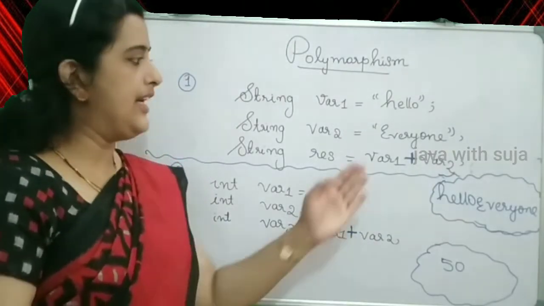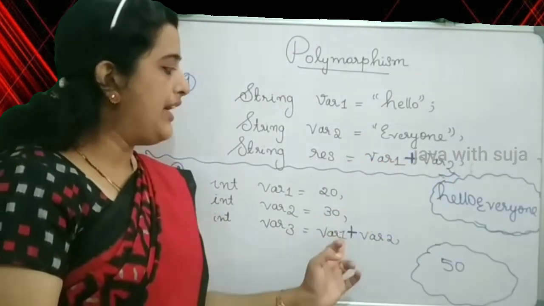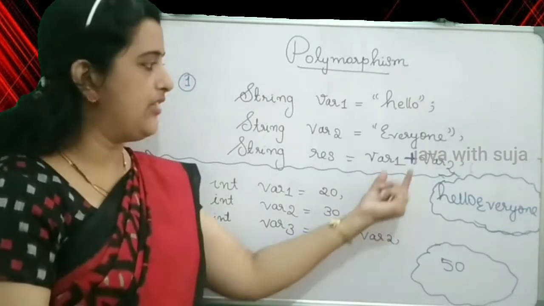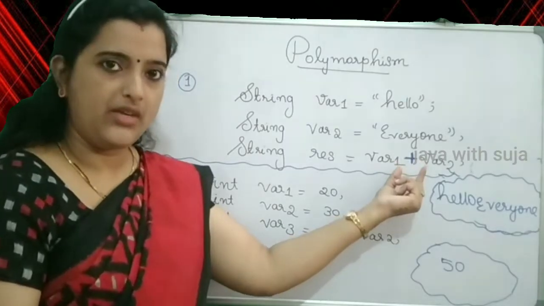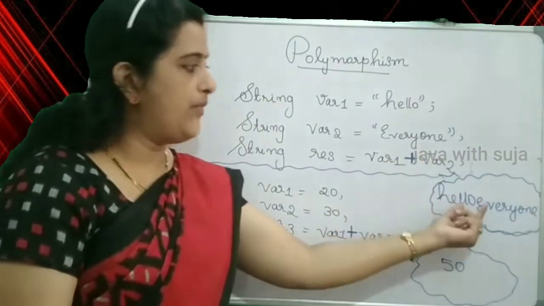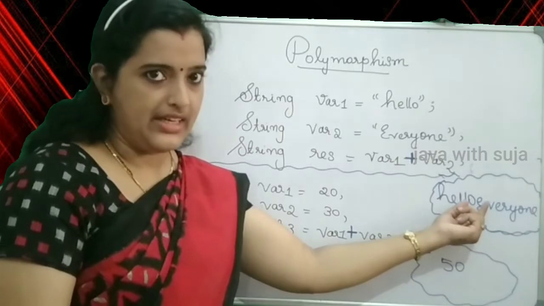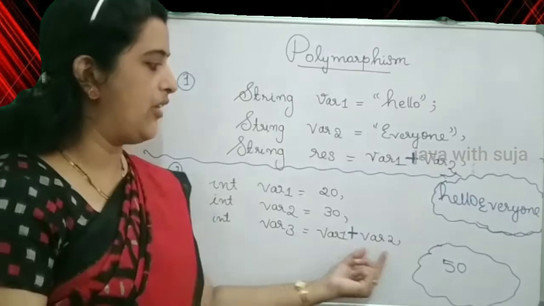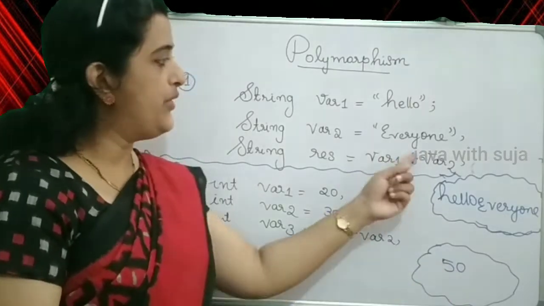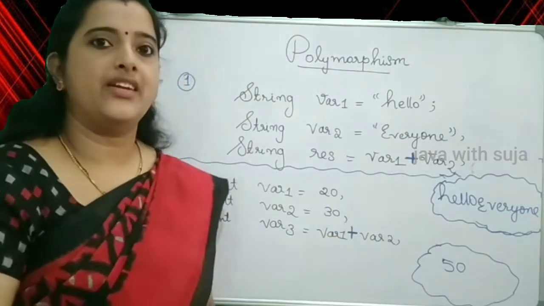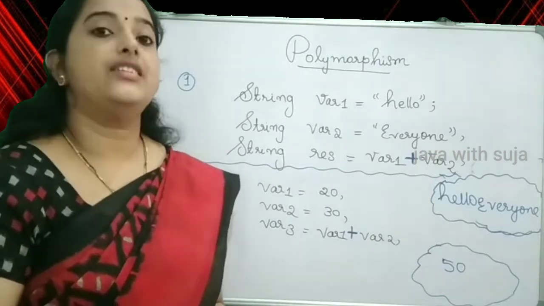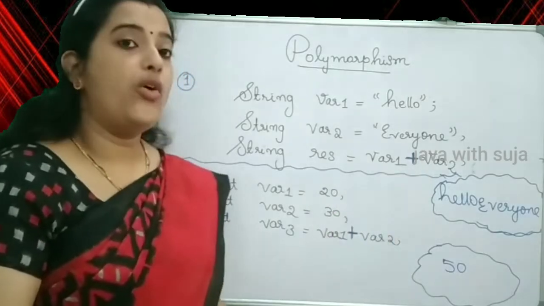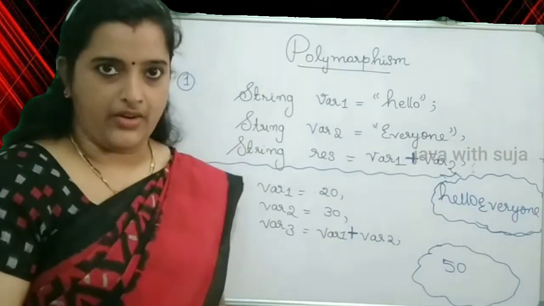So it is clear that depending on different input, the plus operator will give different output. In the first example you have given two string variables, and your output will be a string value after concatenation. And here you have given two integer variables, and your output will be the sum. So you have noticed that the plus operator is behaving differently, and this concept is known as polymorphism. Here you can say the operator is overloaded.